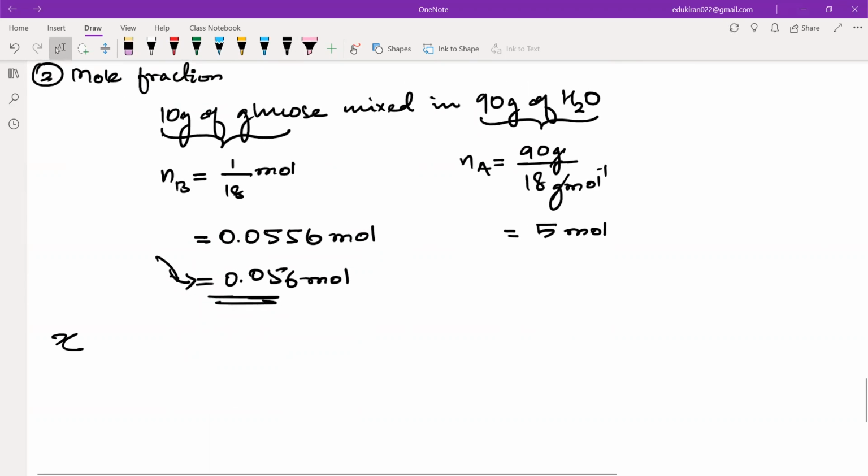Mole fraction chi B will be equal to... ऐसे नहीं लिखते हैं, फॉर्मूला लिख लेते हैं पहले. Number of moles of B divided by number of moles of A plus number of moles of B. This will be equal to